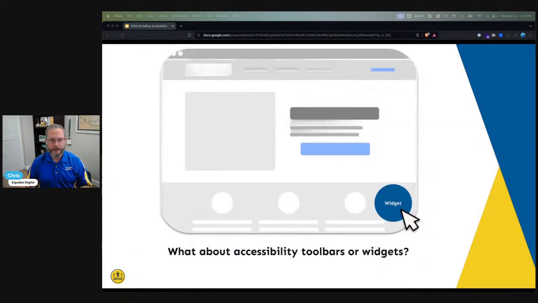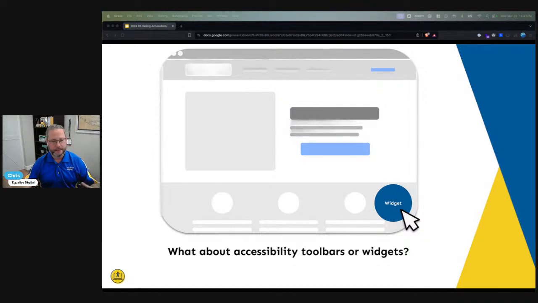All right, to close us out here, I want to leave a little time for questions if I can, but I want to talk a little bit about accessibility toolbars or widgets, which I think a lot of us have seen, right? In broad terminology, these are technologies that aim to improve the accessibility of a website purely through automation. So we're no longer talking about detection. We're talking about through software trying to just automatically fix problems. They apply third-party code, typically JavaScript, in an attempt to make improvements to the front-end code of a website.